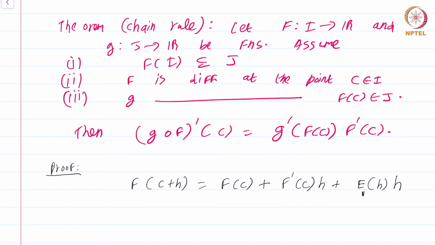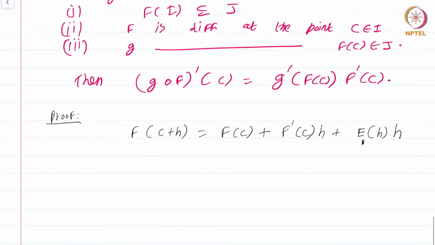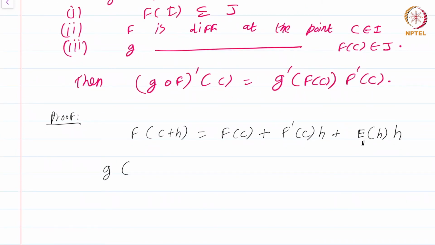Let me call this E1 if you don't mind. Similarly, g of c plus k, not c, g of f of c, which I'll just call d. So let me just write that first. Let d be f of c, then